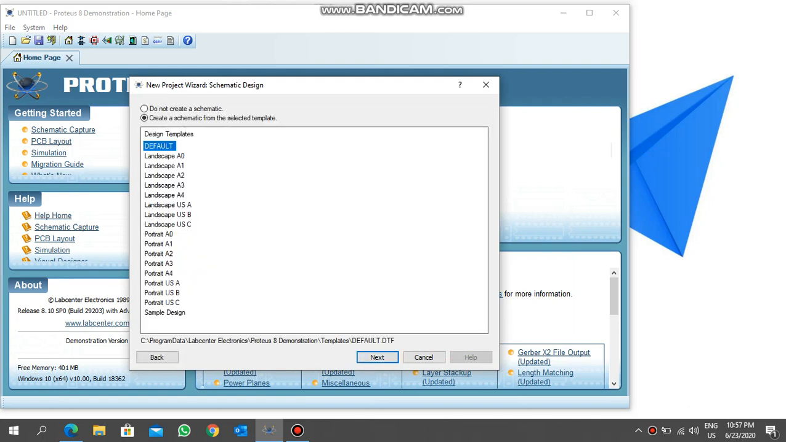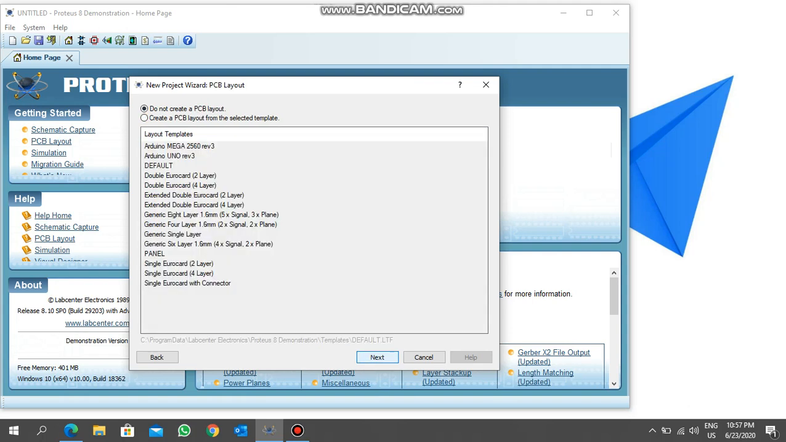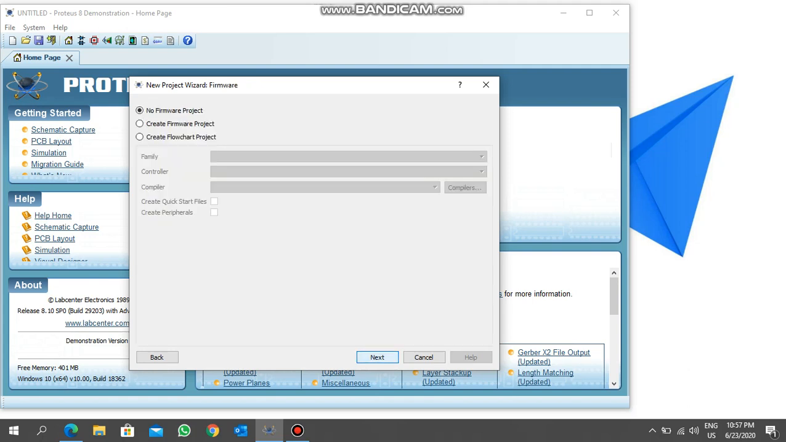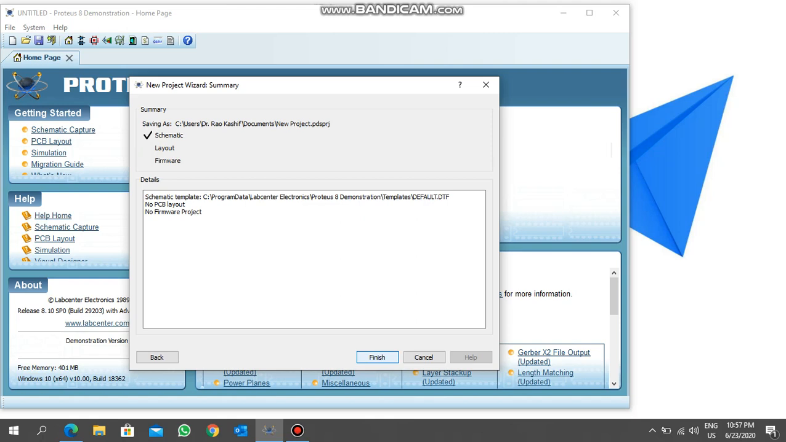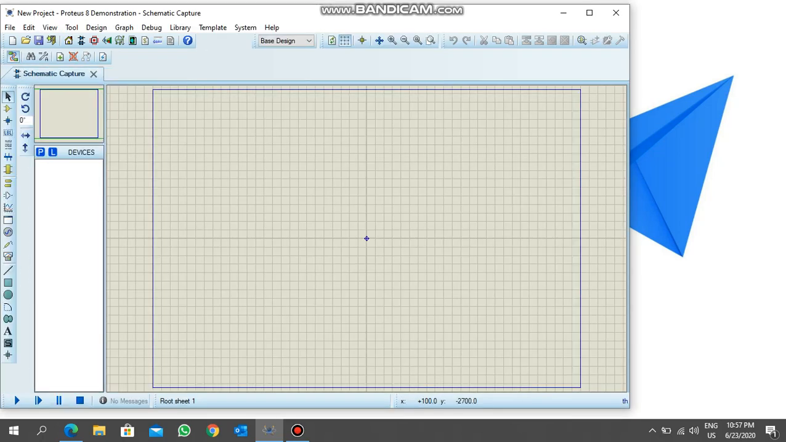So let's start. From new project, we will start a new project. Next, we'll keep it default and create a schematic. Do not create a PCB layout. We'll go to the next. No firmware project, and on schematic we will do finish. So here we will get the schematic,